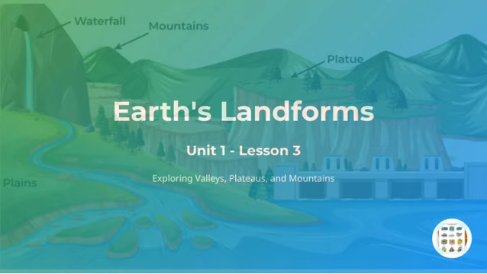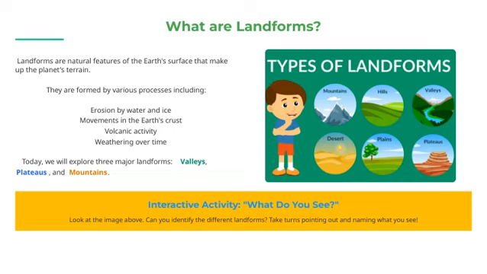Let's get started. So, what exactly are landforms? Well, landforms are the natural features that shape the Earth's surface and create the terrain we see around us. They're basically the Earth's way of carving itself over time. These features are formed through a variety of processes, and understanding these helps us appreciate the diversity of our planet's